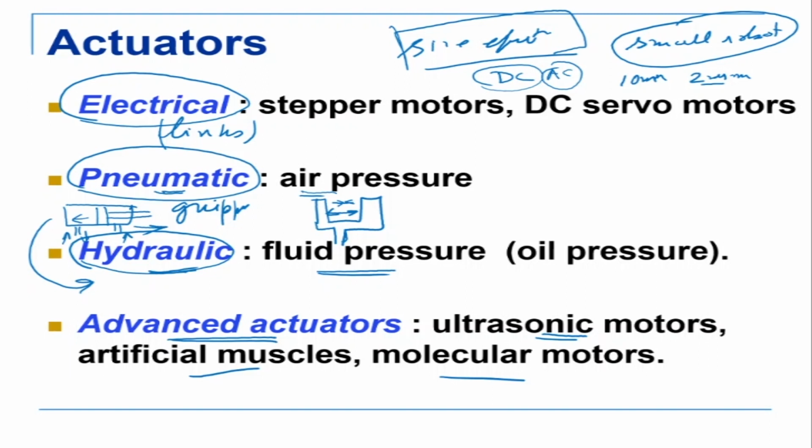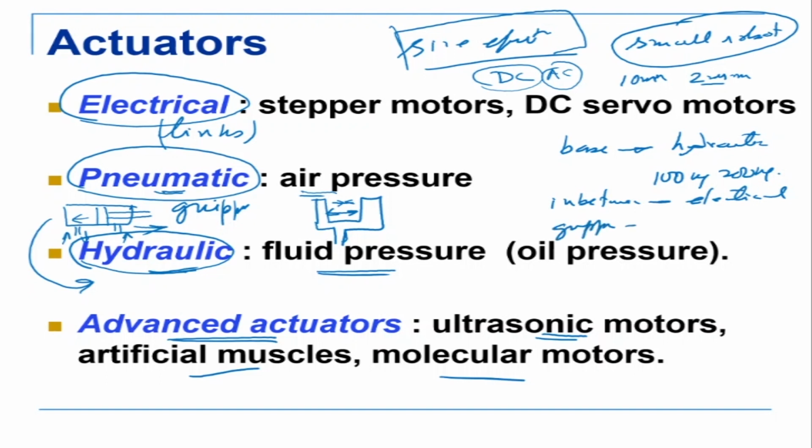Okay, so in a robot, normally you can have the base to be actuated by hydraulic. So industrial manipulators, when you look at the industries where robots carry very heavy loads. What is heavy load? Say 100 kg or 200 kg. Such robots which carry such heavy loads are normally hydraulic actuators. Okay, the base joints of these robots are actuated by hydraulic energy. In between, it is electrical. And the last is the gripper, is pneumatic.